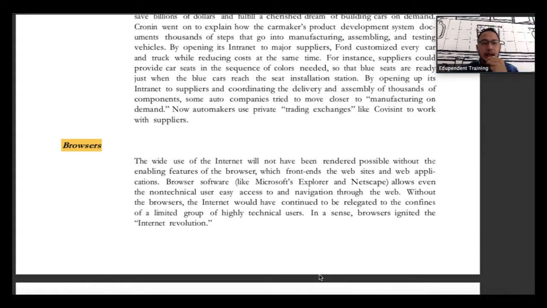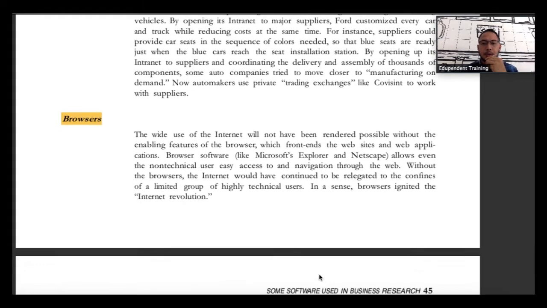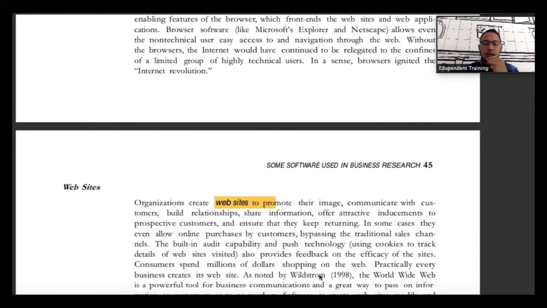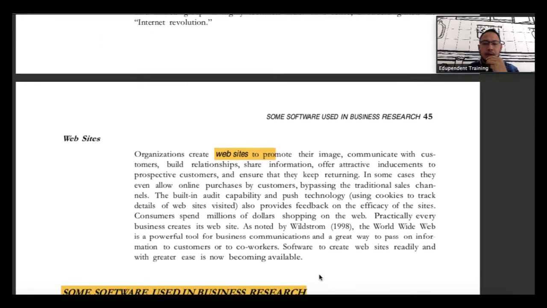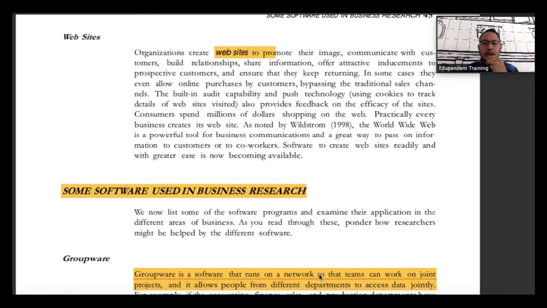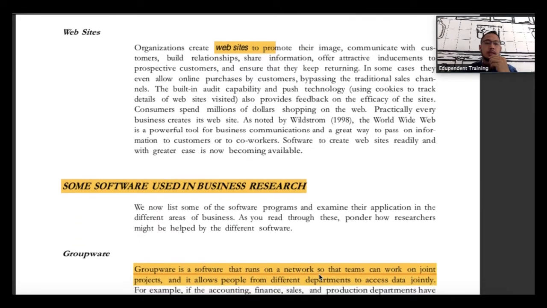Let me take CNN News, for example, and then CNBC News, that will be found in browsers. So that will be the function of a browser.